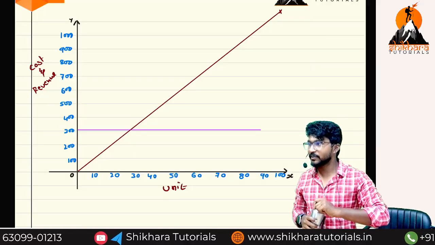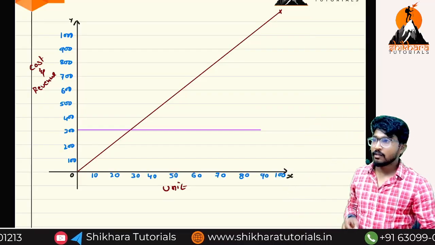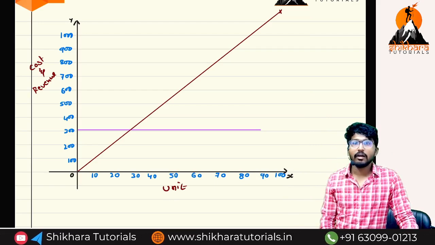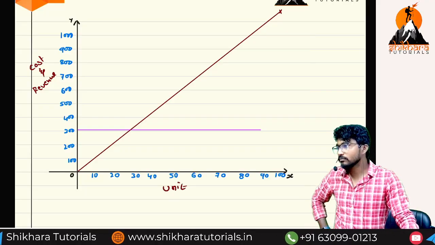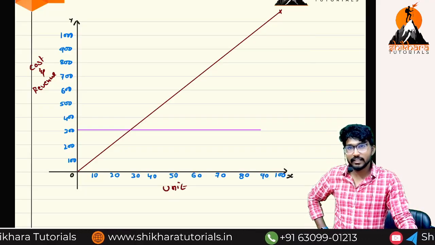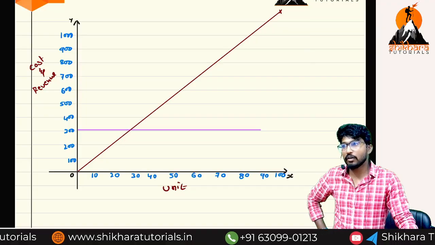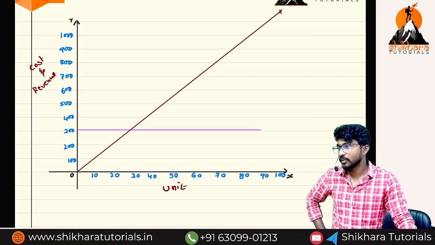Then what is the difference between variable and semi variable? Variable cost increases along with the output in the same ratio, in the same proportion. Variable cost will increase along with the number of units or output or volume in the same ratio or in the same proportion. For example,